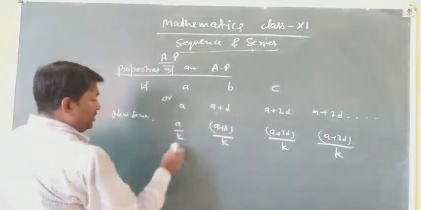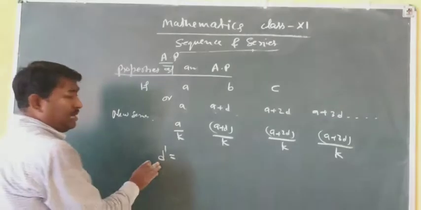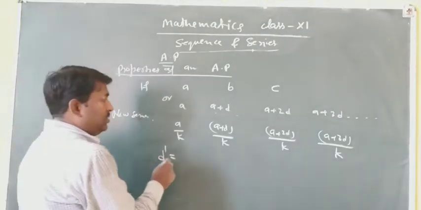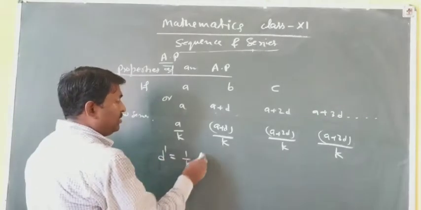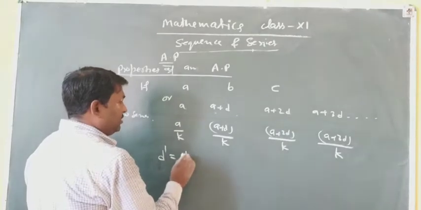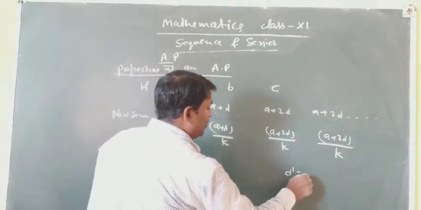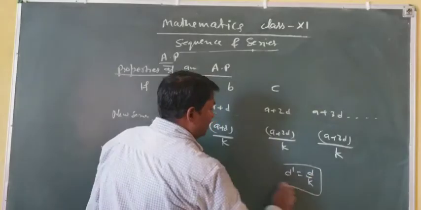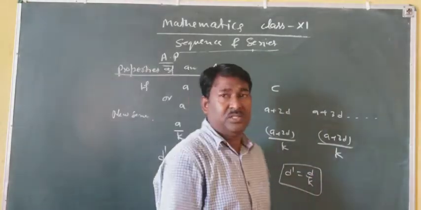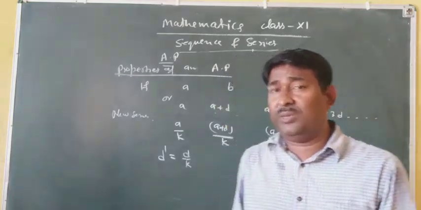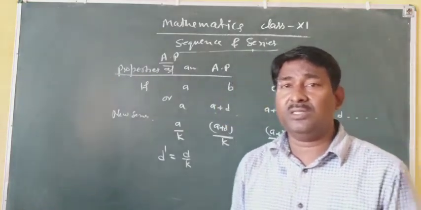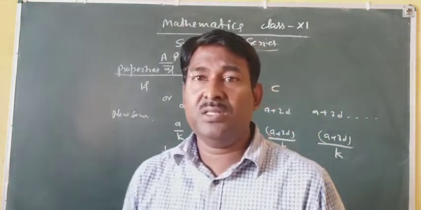then check whether this new series is in AP or not. Now check what d is. D dash, the common difference for the new series, will be 1 by k common, A plus D minus A, that is d. Here also d dash is equal to d by k. Here the common difference will change, but the nature of the series remains unchanged. Means this new series